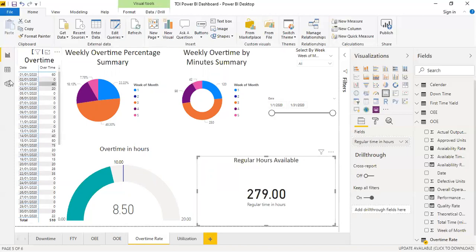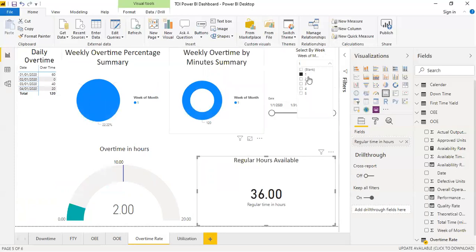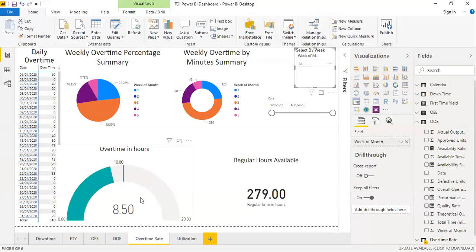ओवर टाइम हमारे पास कितना था डे वाइज। तो ये उस हिसाब से इसका चार्ट ऑटोमेटिकली शो कर रहा है, ट्रैक कर रहा है डाटा। देन वीकली ओवर टाइम परसेंटेज समरी आ रही है कि वीकली ओवर टाइम क्या था वीक वाइज। देन ये मिनट्स वाइज आ रही है कि कितने मिनट वीक में यूज हुए हैं। इसी तरह हम वीक का डाटा चेक करते, तो ये पर वीक हमें दिखा रहा है। ठीक है, इसको हम ऑल कर देंगे तो ये सबका दिखाएगा।